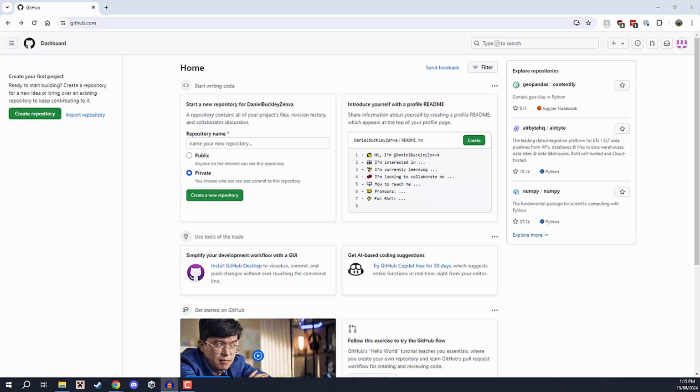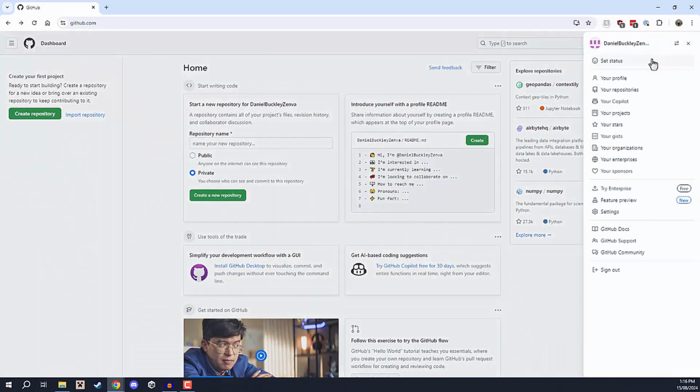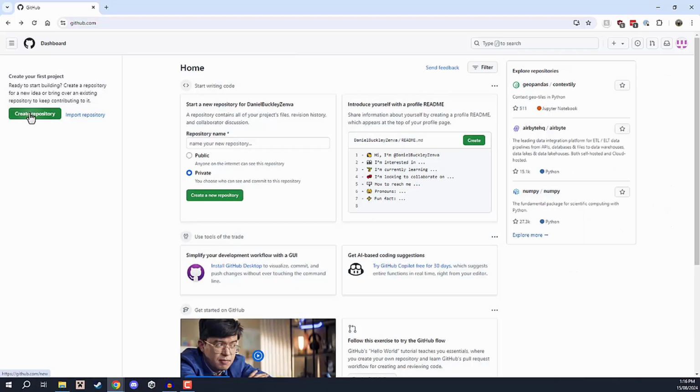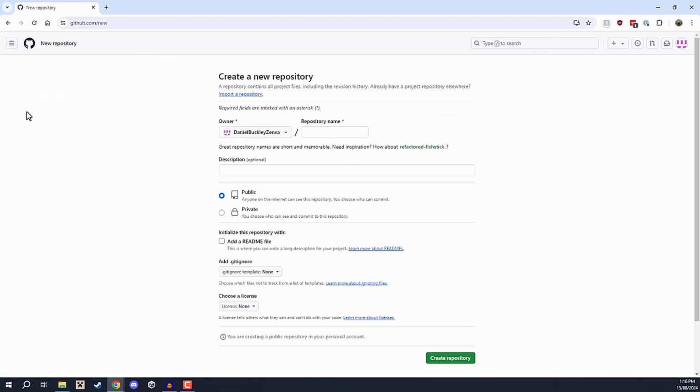Welcome back, everyone. In this lesson, we are going to be looking at how to create a new GitHub repository for a Unity project. So here I am on my GitHub dashboard, and what I'm going to do is simply click on the green Create Repository button here on the left-hand side. There's also one down here, and there's also one if you click on your top right corner here on your name, you can go down to your repositories and create one there. But we're just going to click on the green button right here,